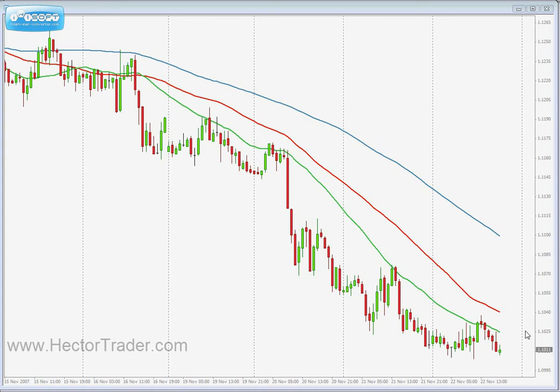All right. I was just mentioning how the dynamic area of support and resistance is the area between the 30 and the 50. Well, that's not totally accurate. It's the area between the 30 and the 50 in trending markets, and only in trending markets. That means that